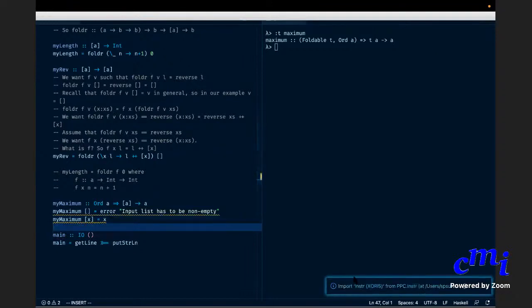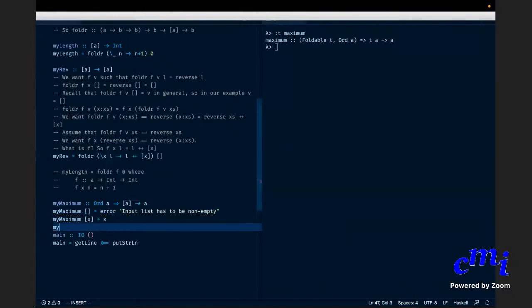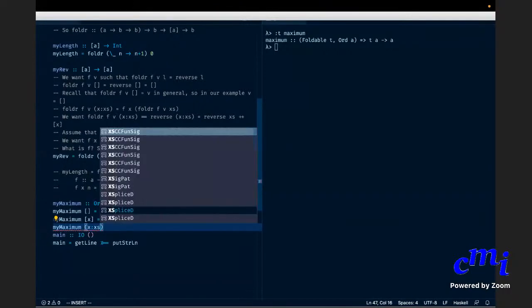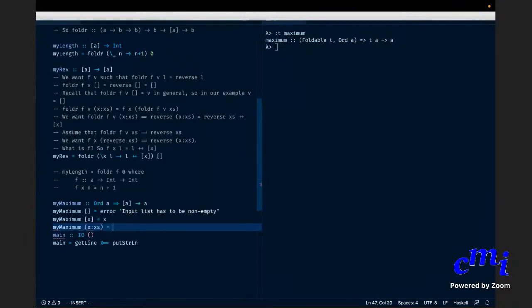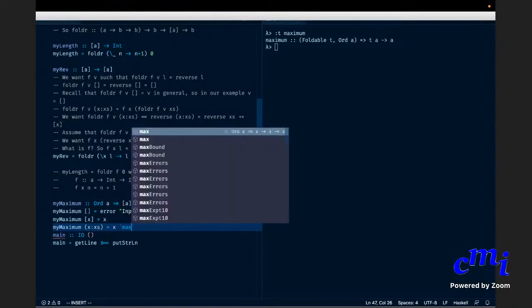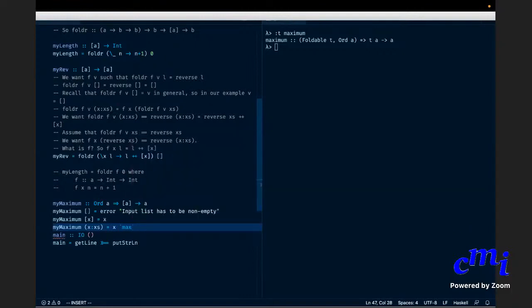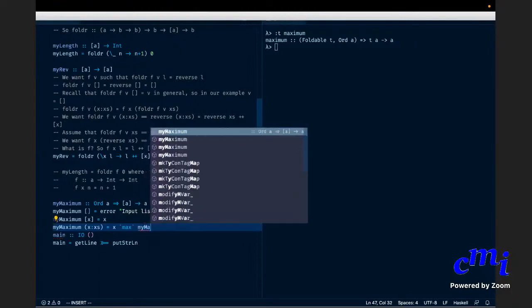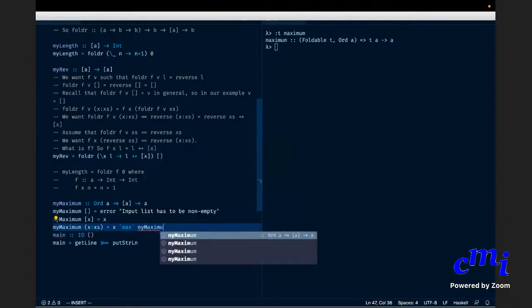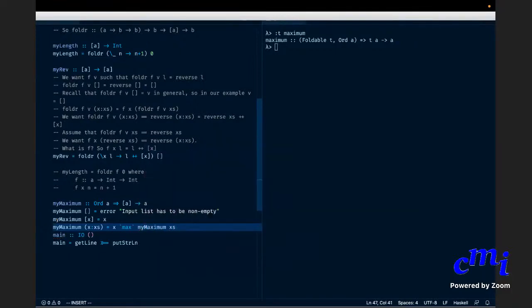And if it is x colon xs, then you say it is max of, I'll write it infix, x max myMaximum of xs. Is the definition clear?